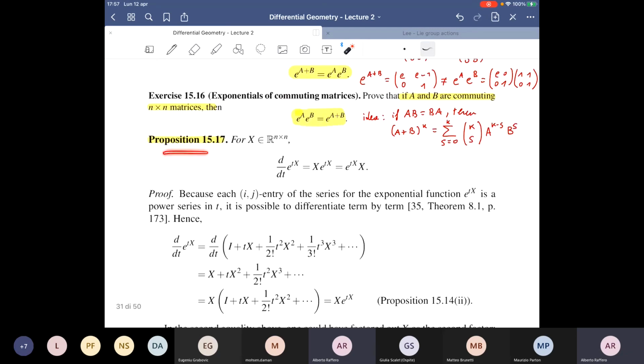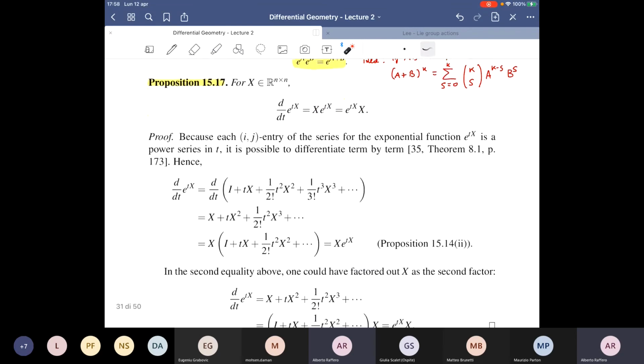And moreover, we have this result, which is what we need. You can consider the exponential of a matrix times a real parameter t. You can differentiate it, and the derivative is similar to the derivative of the usual exponential. You will get x, the product of the matrix x, times the exponential of the matrix tx. And you can do this product on both sides. Here, the crucial point is that